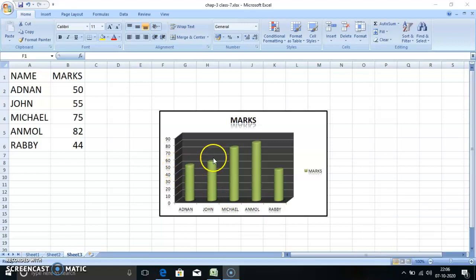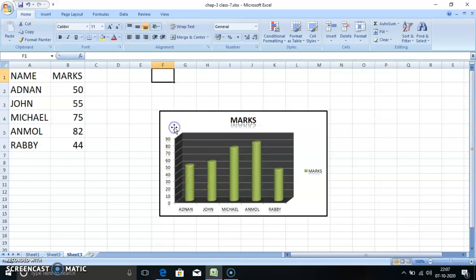Then next John will get 55 marks. The outline is given in different ways. See, this is 0 and this one is 5. Now this will be 10, here 20, 30, 40, 50, here 50. Now this is 55, in this way.